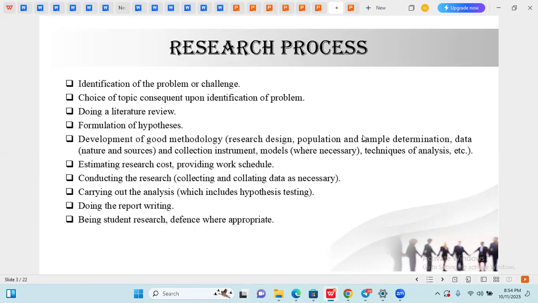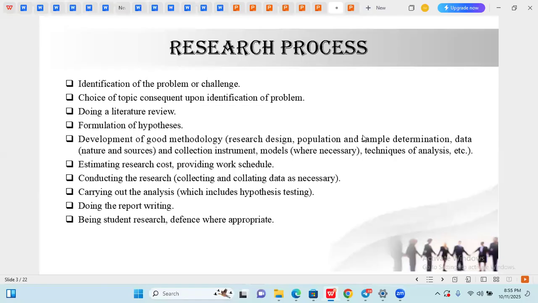What if you finish your PhD research and you are called to come and present your paper? One of the things that they want to see is that this your paper is solving a significant problem, either in your country or in the world or in your field. So don't ever embark on any research as a postgraduate student that you don't have a problem in mind. A significant problem. So you choose a topic consequent upon having a problem. After that, what? Doing a literature review,